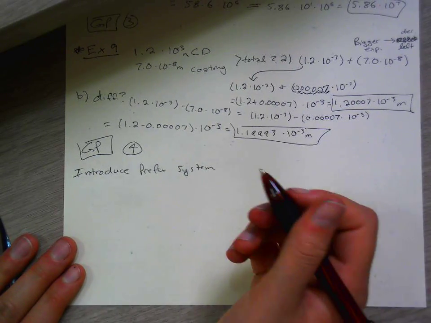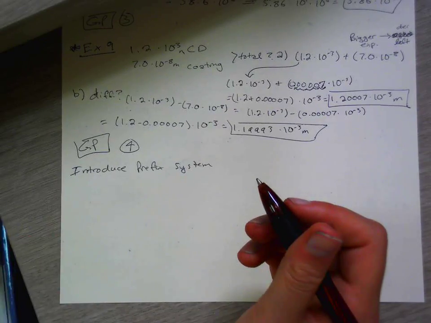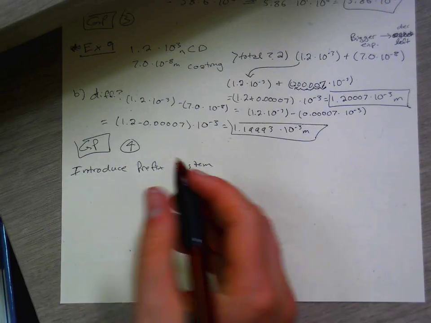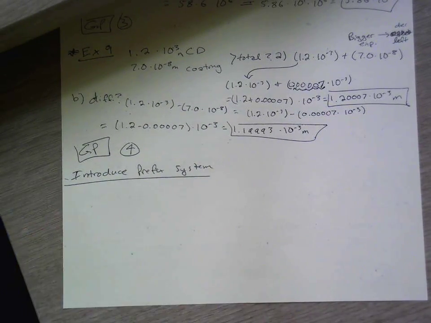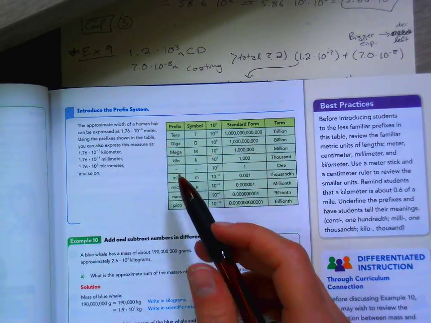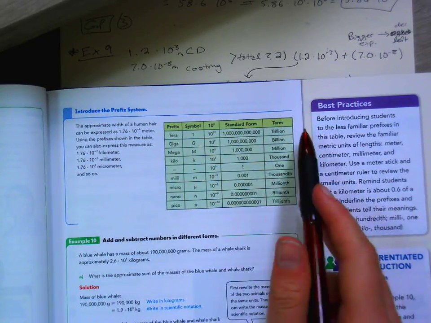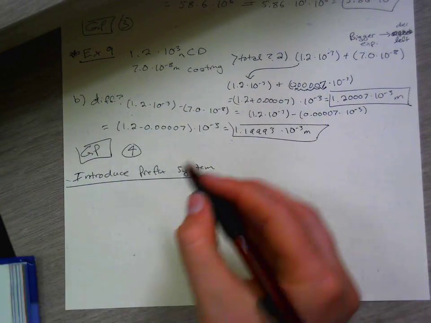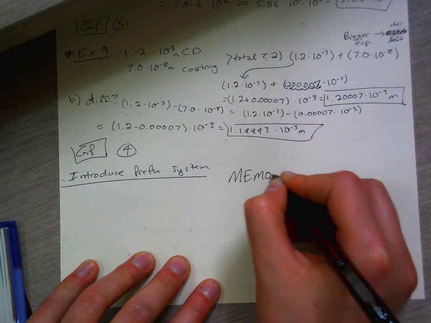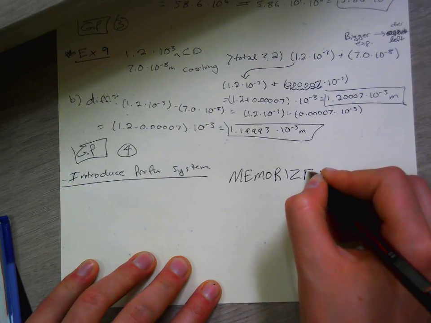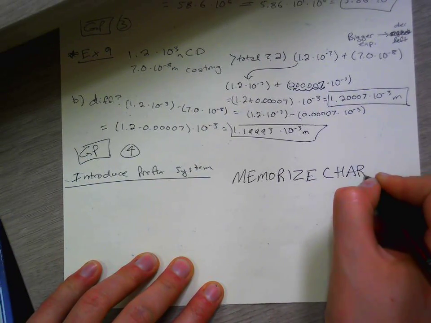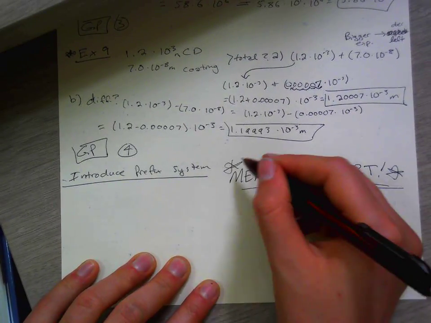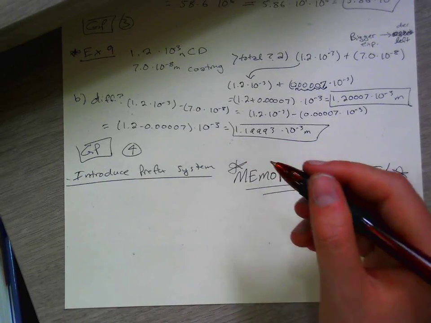We are going to introduce the prefix system. So you guys learn this in science most likely, but I would like for you to look at it again. So you have this prefix system in the book. Your job is to memorize all of these. Memorize the chart. Make sure you know that. You should know all of the ones in the book. There are other ones, you only need to know the ones in the book